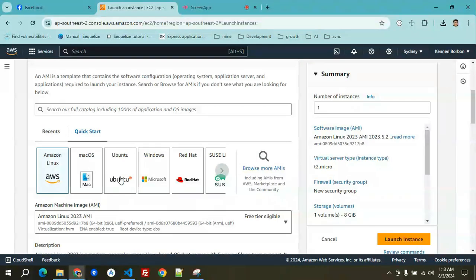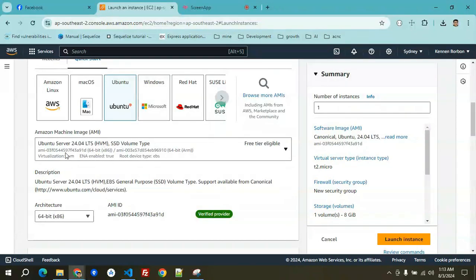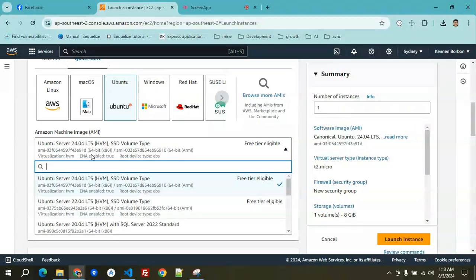For the free tier, we're going to use Ubuntu, and make sure to use the most recent, I think is 24, but you could have 22 as well, as long as it's tagged as free tier eligible.